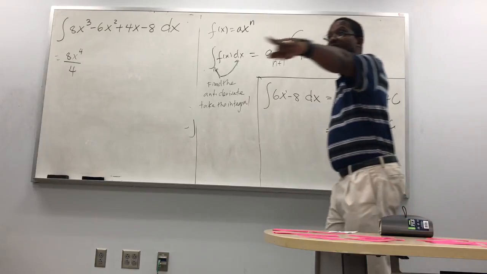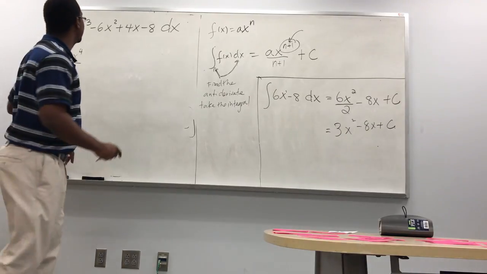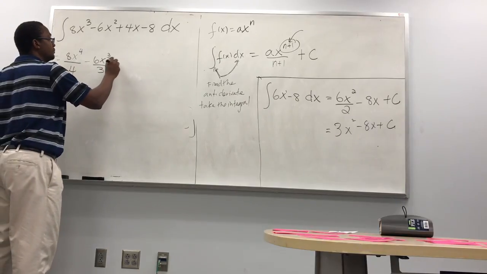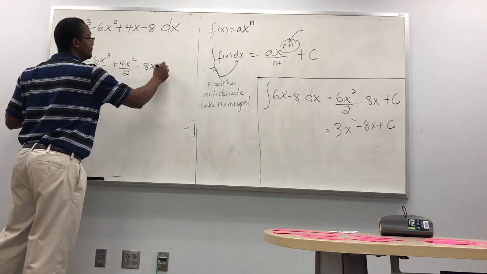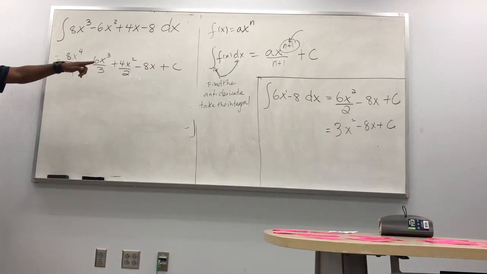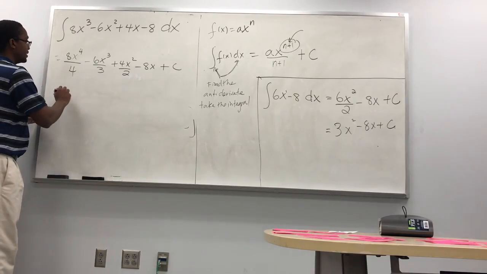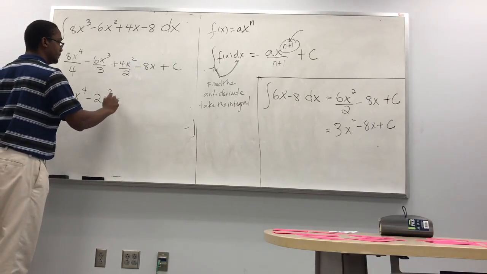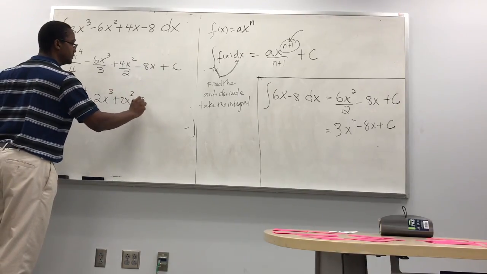Ready to see the answer? Okay, so right here, this becomes minus 6x cubed over 3. And then this becomes plus 4x squared over 2. And then it becomes minus 8x. And then I have plus c on the end. You could put over 1, though, right? Yeah, you can put over 1 if you want to, but it doesn't make sense. And that becomes 2x to the 4th power minus 2x cubed, sorry, minus 2x squared minus 8x plus